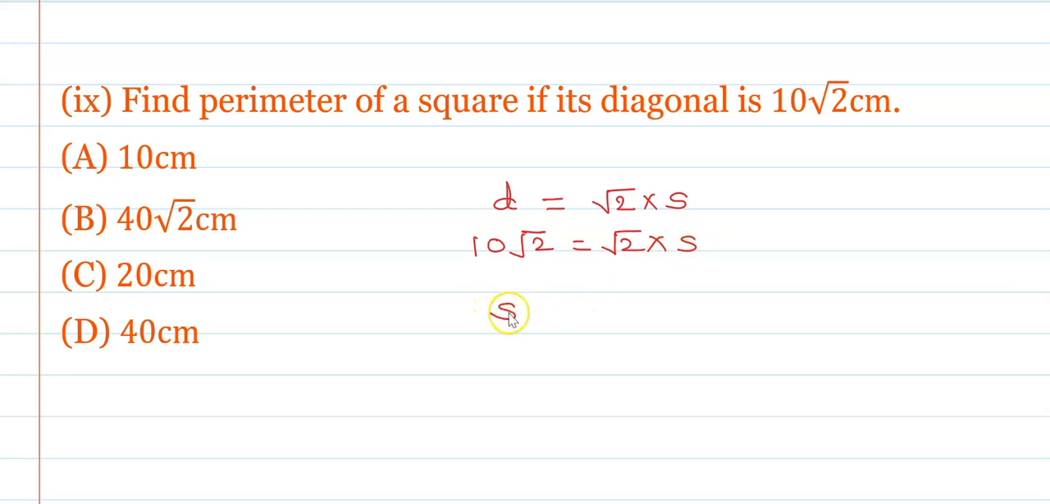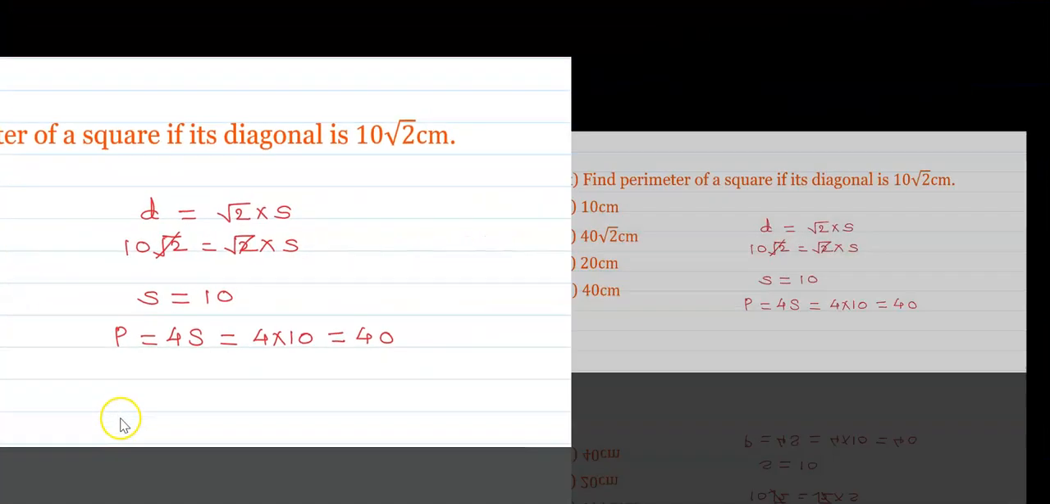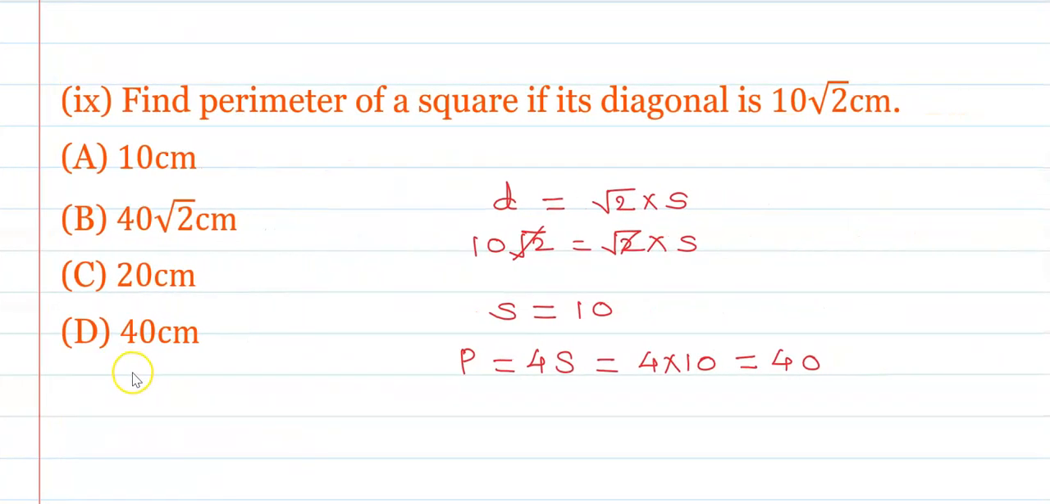Therefore, side is equal to... on both sides root 2 we can cancel here. How much side did we get? 20. What about the perimeter? Perimeter is equal to 4 into side, that is 4 into 10, then you will get 40. Okay, and therefore the perimeter of the square is 40 centimeter, and hence for the ninth question, option D is the correct one. Okay, now next,